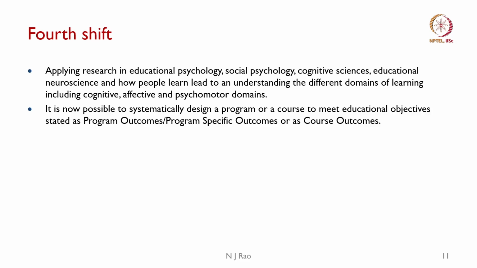So, it is now possible to systematically design a program or a course to meet educational objectives stated as program outcomes and program specific outcomes, or as course outcomes. This is what we will do in this course, namely both for curriculum design as well as course design. We will try to make use of some of this knowledge,